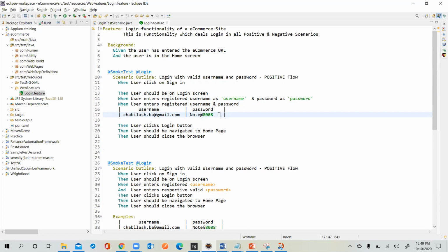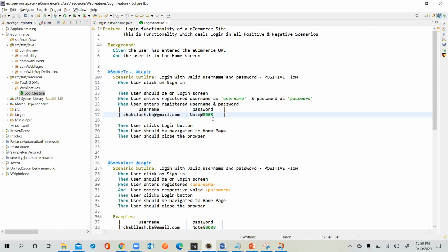What is the beauty of this is that previously you needed to pass the test data from your Excel sheets, XML, YAML, and all these types, right? Now it's not required. In the feature file itself, we can pass the test data. So we can pass the test data as inline parameters, and then either from these data tables, or if you wanted to follow the traditional way of passing test data from Excel, YAML, a database, or dynamically creating the data, even that is feasible. They have provided whatever features you wanted. It's up to you how you wanted to use it. So this is how the test data will be provided.